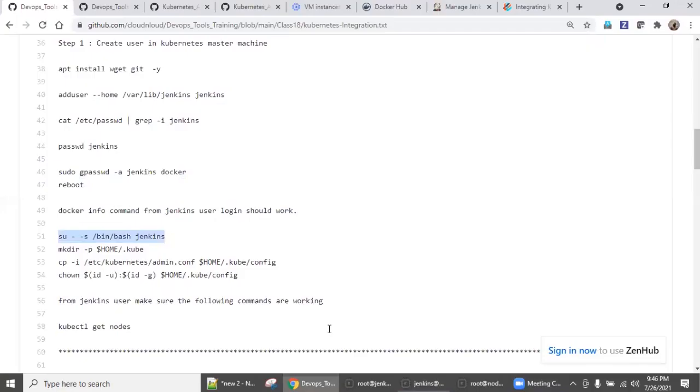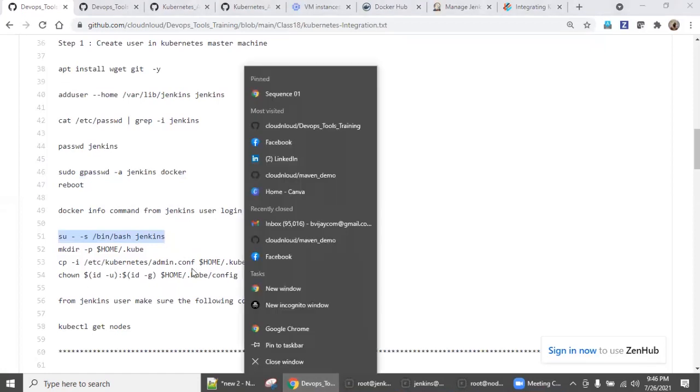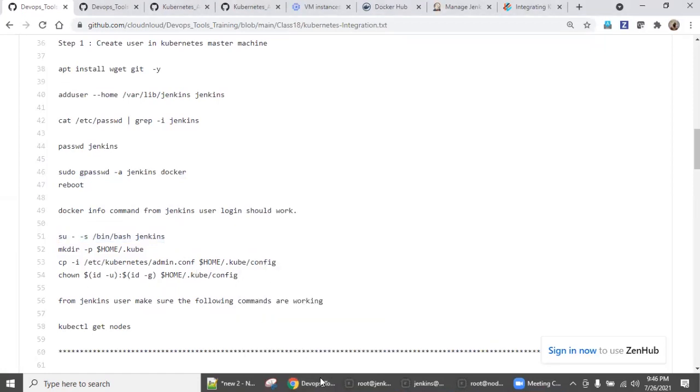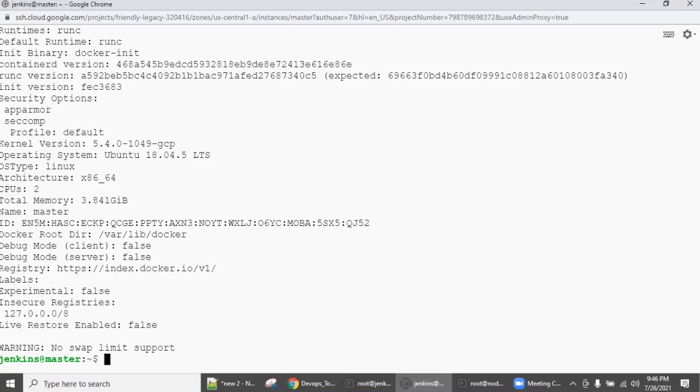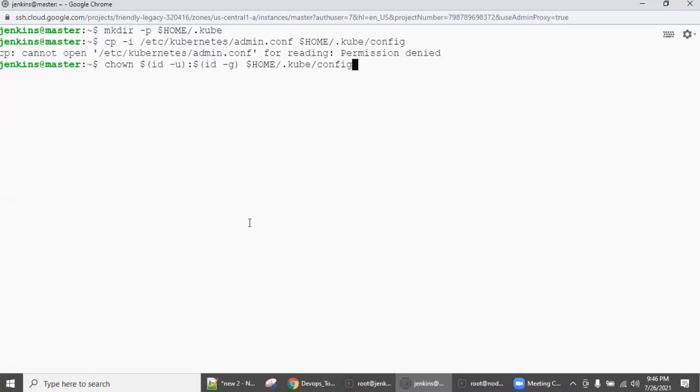And also we need to copy this file. We need to copy this file, right? Go here. So we can copy this. Okay, because this directory is not permitted for Jenkins, it's fine. So there is a small addition.